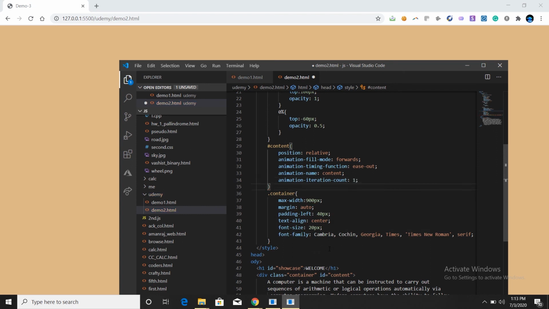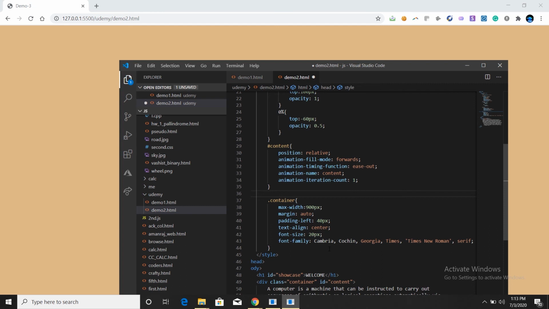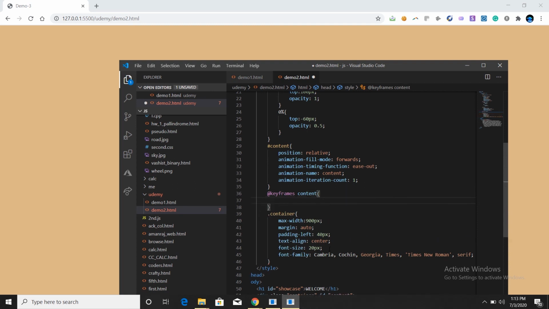If anything is required, then we'll add it later on. So let's add the animation now. So I'll be writing at the rate keyframes for the content. Then mention in 100%.